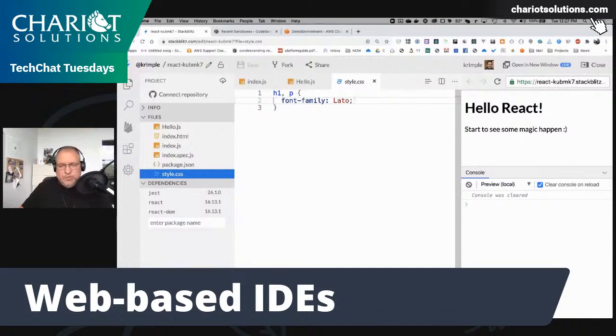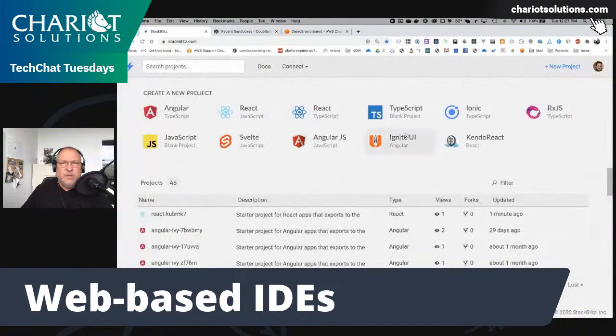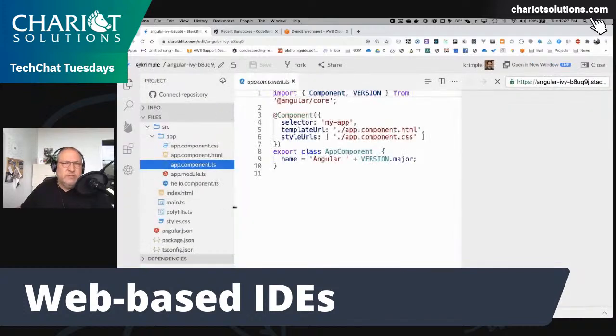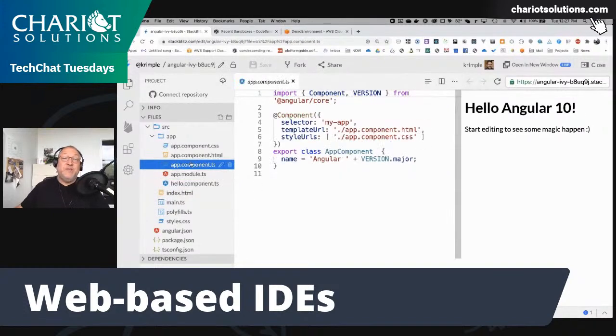And you have all sorts of things like color: red. You can immediately start hacking around with the CSS, hacking around with whatever. And you can even do TypeScript projects from here. Let me just leave here and do an Angular TypeScript project. There we go. So now we're developing in TypeScript. And there's a test. No, it isn't a test. I'm sorry. If this were an actual test, you'd have code that was testable. All right. Anyway,